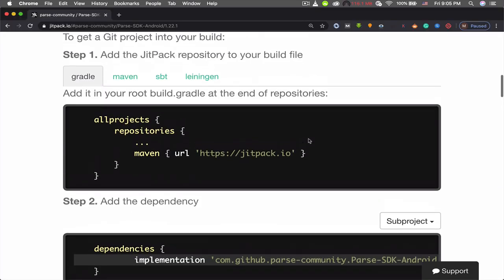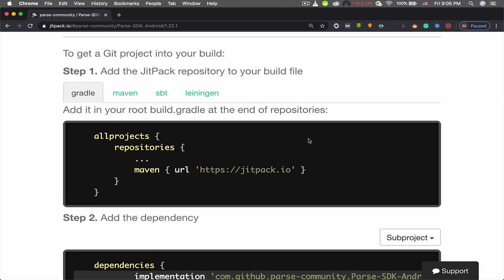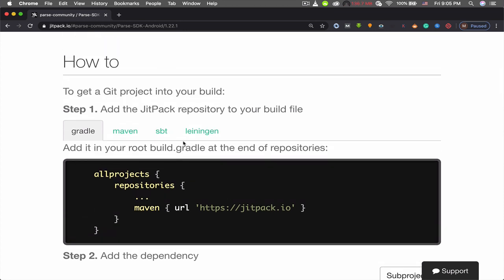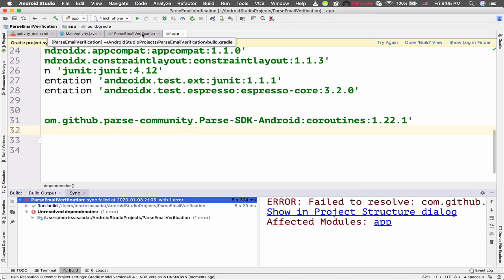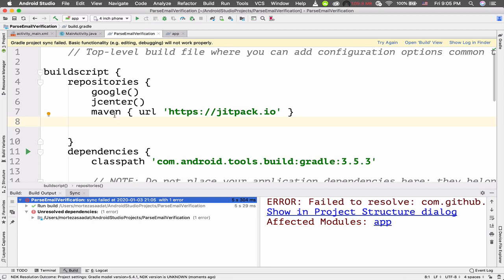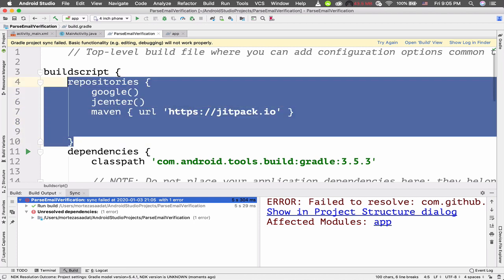Let's go back here, and it says that to get a Git project into your build, first add the Jetpack repository to your build file. So let's go ahead and copy. We have already pasted this code inside the build.gradle module app here. It says we need to add it to the build.gradle module app. So this is the build.gradle module project. In order to solve this problem, I'm just gonna copy this repositories block here, and I'm gonna go